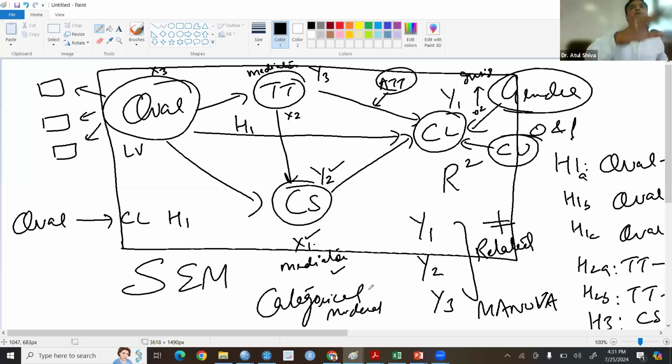फुल मॉडल, इसका मतलब है दिस मॉडल विल बी रन ओनली ऑन प्रीपेड यूजर्स फर्स्ट। मान लो 100 बंदे हैं, 60 प्रीपेड यूजर्स के हैं, 40 पोस्टपेड यूजर्स के हैं। तो एक बारी प्रीपेड के ऊपर, एक बारी पोस्टपेड के ऊपर। मान लो 5 हाइपोथेसिस हैं, तो 5 बीटा प्रीपेड के आएंगे, 5 बीटा पोस्टपेड के आएंगे। फिर पांचों बीटा को कंपेयर करेंगे, इज देयर सिग्निफिकेंट डिफरेंस बिटवीन द ग्रुप्स। तो दो मॉडरेशन होती हैं। मीडिएशन तो होगी सिंपल, पैरेलल, सीरियल और इंटरैक्शन। लेकिन मॉडरेशन भी हुई, इंटरैक्शन मॉडरेशन और मल्टी ग्रुप एनालिसिस, जिसको कैटेगोरिकल मॉडरेशन कहते हैं। 5 हाइपोथेसिस, 5 बीटा प्रीपेड के, 5 बीटा पोस्टपेड के, फिर सारे बीटा का कंपैरिजन।